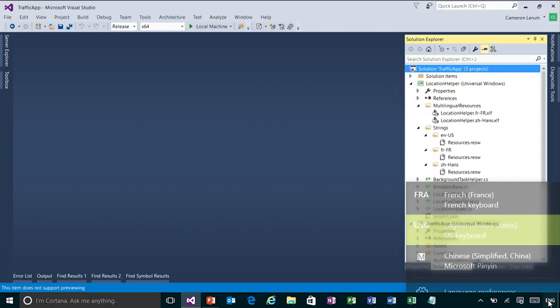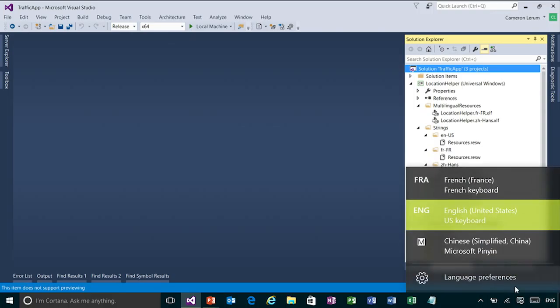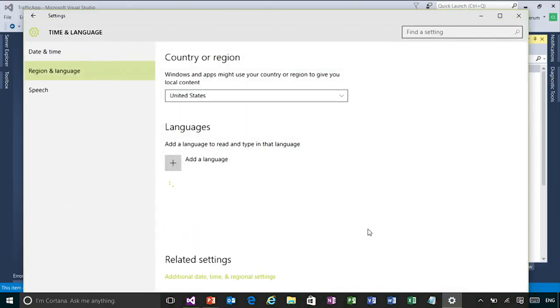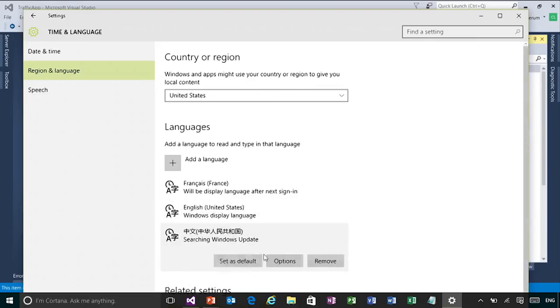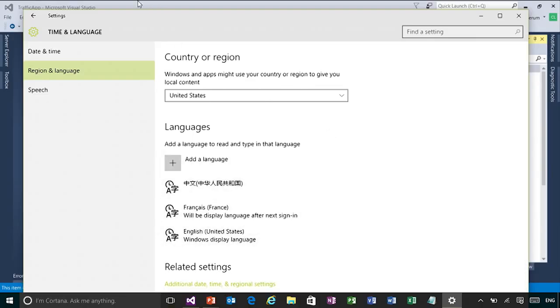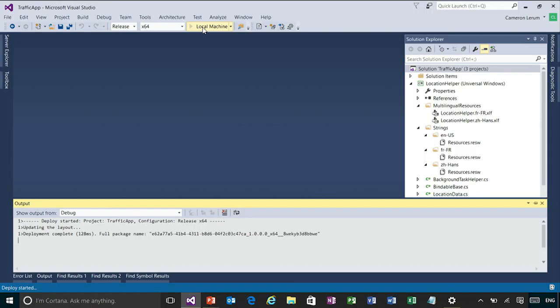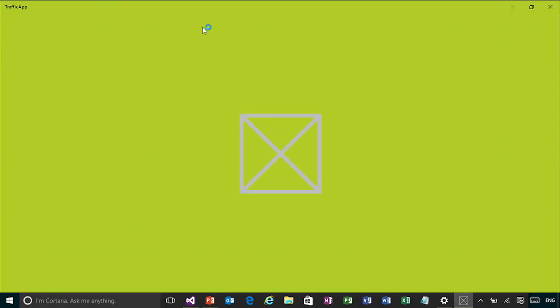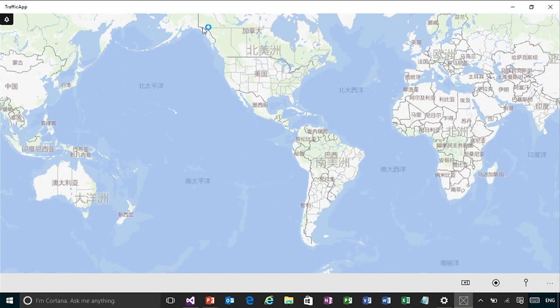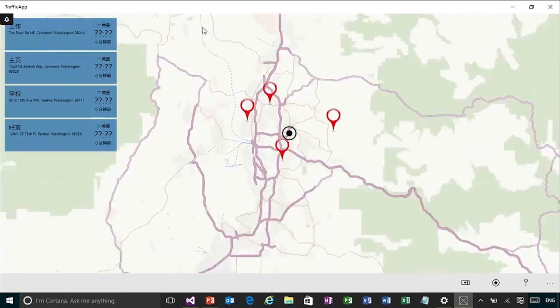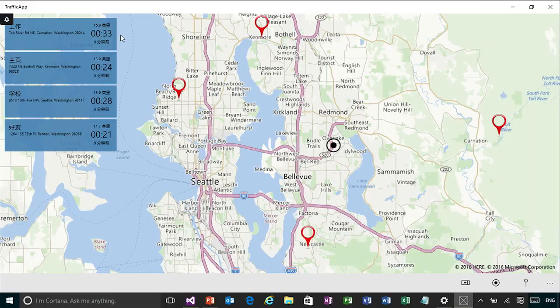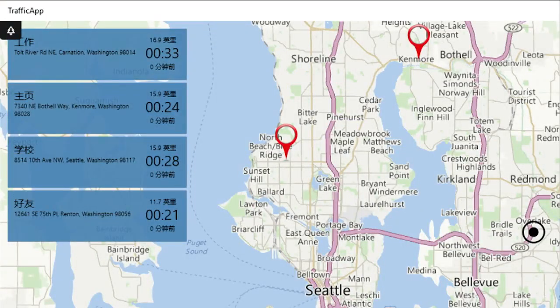No. So just to show that Chinese is working, I'm going to go ahead and change my system to Chinese. I go back into language preferences and I set my default to Chinese, and then I'm just going to run the app again. Didn't do anything else because we've already added the languages in, and now our maps are in Chinese, and it's going to go into the location, and now all of our text is in Chinese, including our,